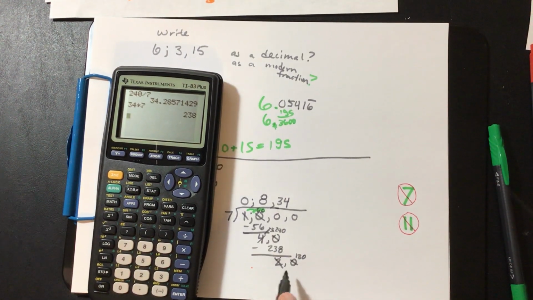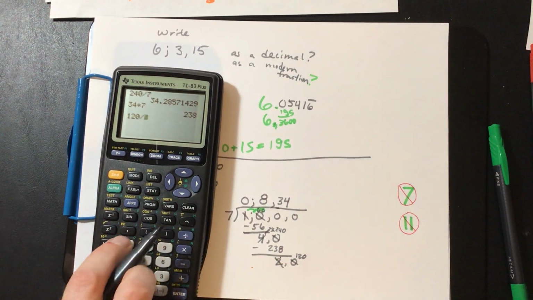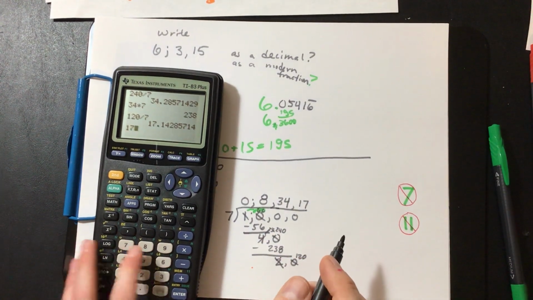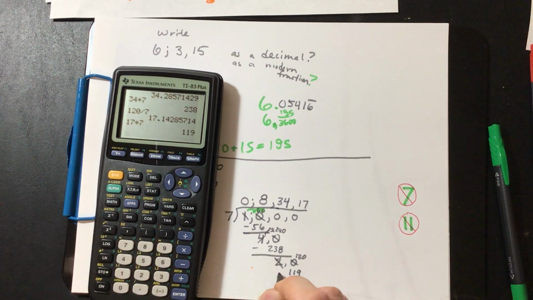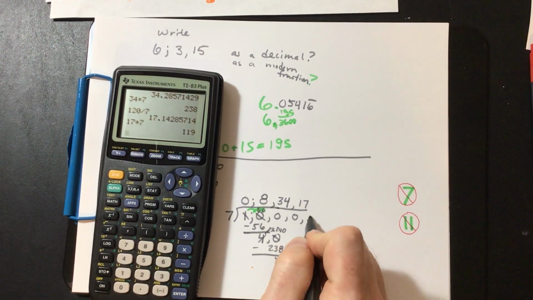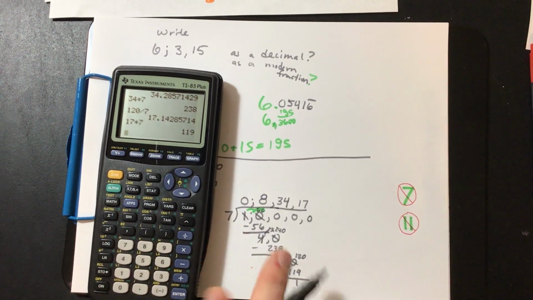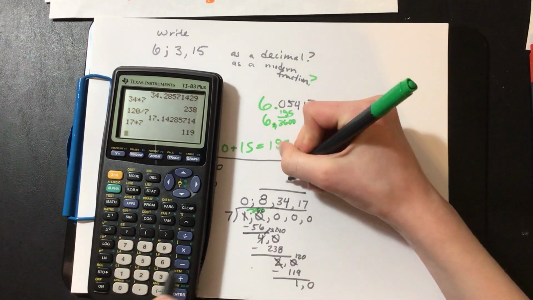So 7 goes into 120 17 times. Now 17 times 7 gives us 119. So we have 1 left, and now we're back to where we started. So this is repeating. We started with 1, so we know this pattern is going to go 8, 34, 17. So this is our repeating